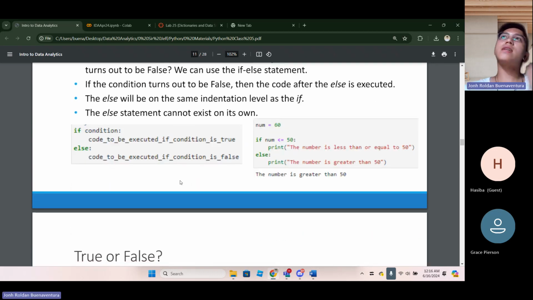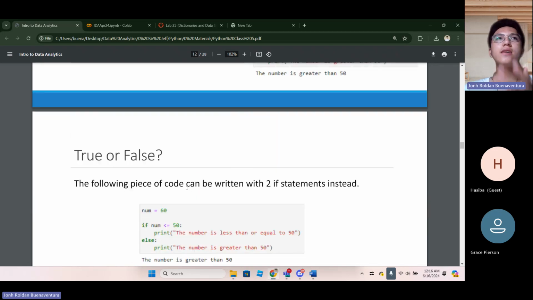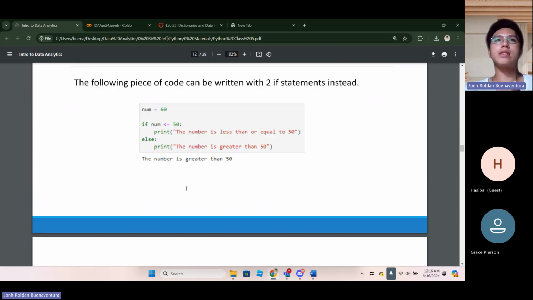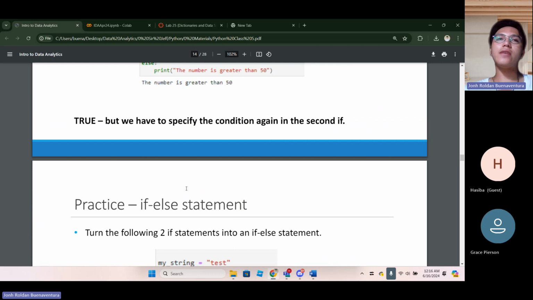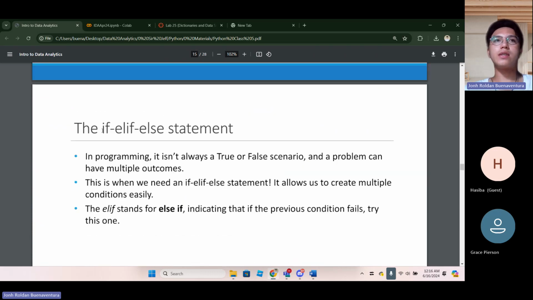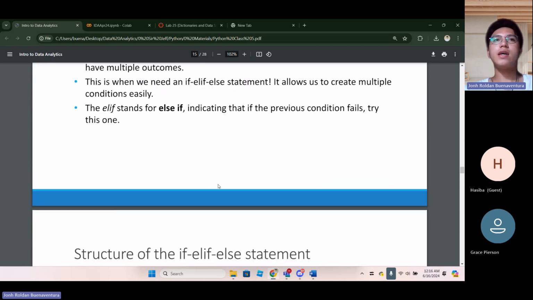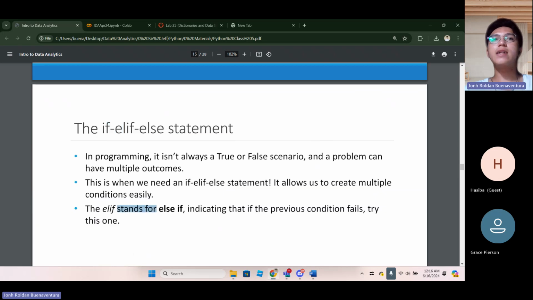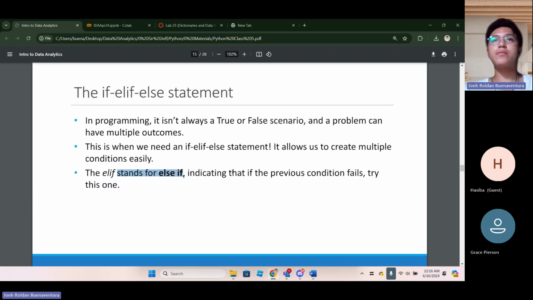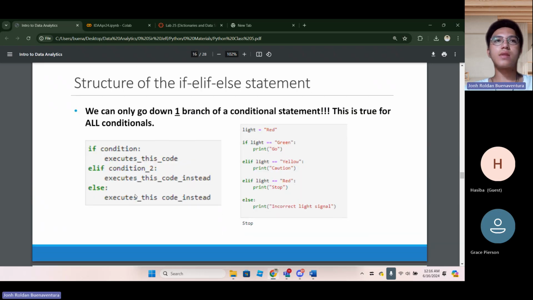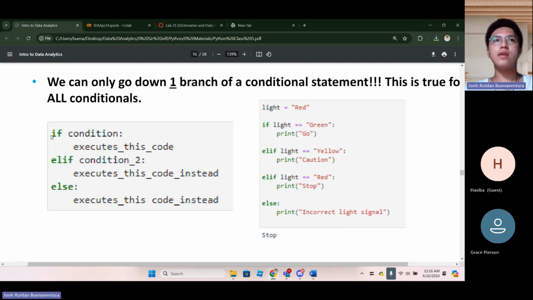The if-else statement is used if you have two choices; if, elif, and then else is used if you have more than two choices. The elif stands for else if, indicating that if the previous condition fails, try this one. The structure looks like this: if, and then a condition. If this is true, this code will be executed.